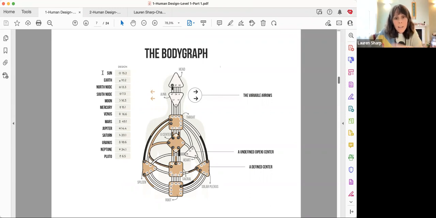It doesn't sit in the same place for each of us. As we move around, these numbers shift. So you might have your sun in your head, or you might have the sun in your heart. What does that mean exactly? What if that space is open? What if it's defined? These are deeper aspects. Just one more thing for you to consider.